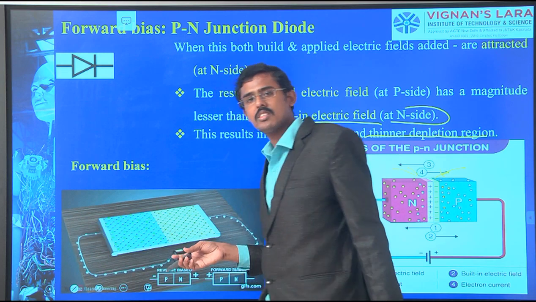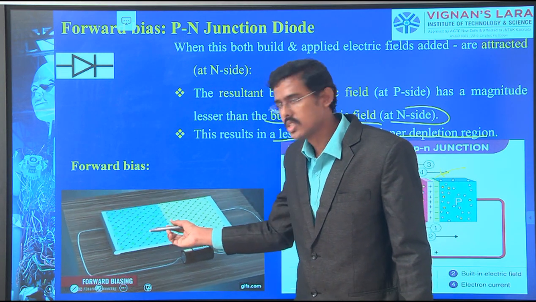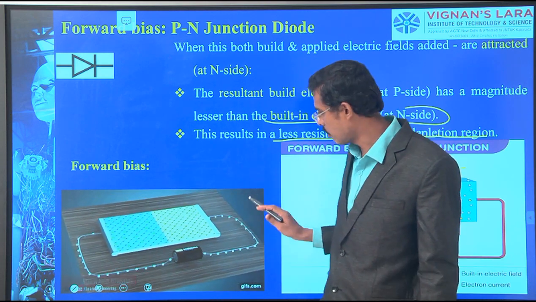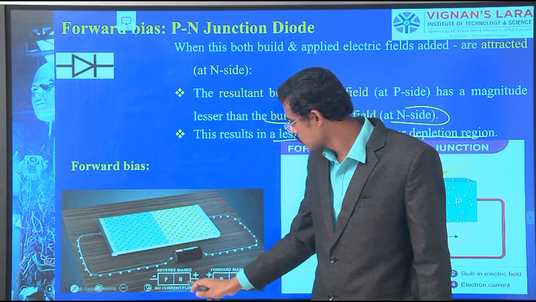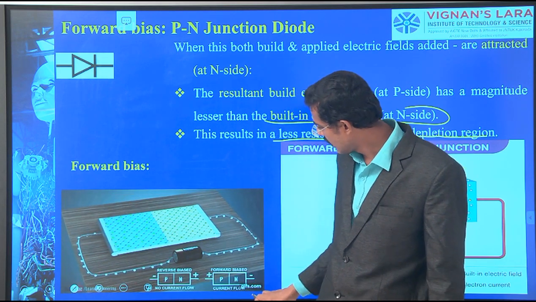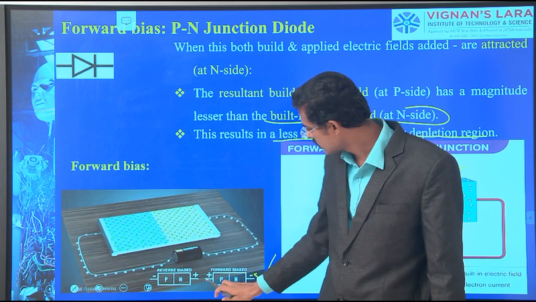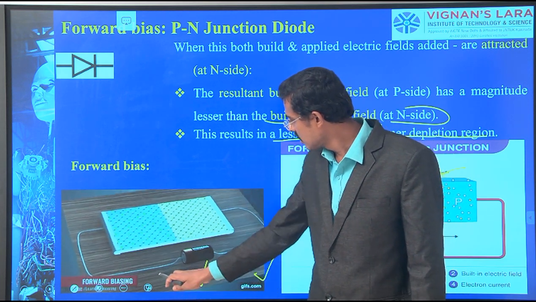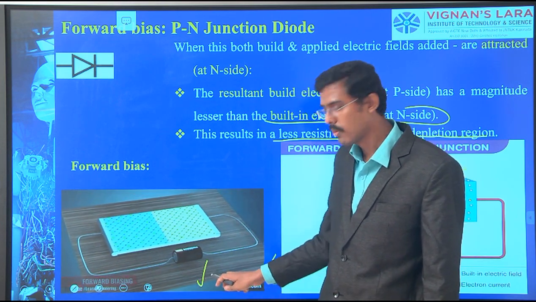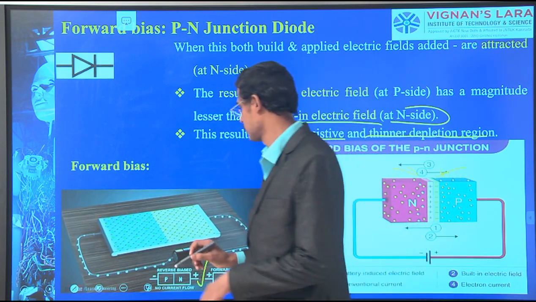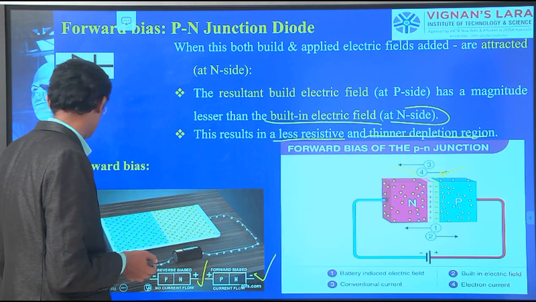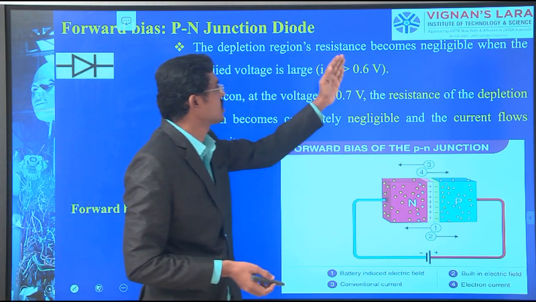So what happens then? Due to the pushing action, the flow of current happens in the forward bias. In reverse bias, no current flows, but in forward bias, current flow will happen. See this point: PN junction in reverse bias, no current flow. But in forward bias, with the PN junction connected to positive and negative, current flow happens. So slowly, we understand this. The depletion region resistance becomes negligible